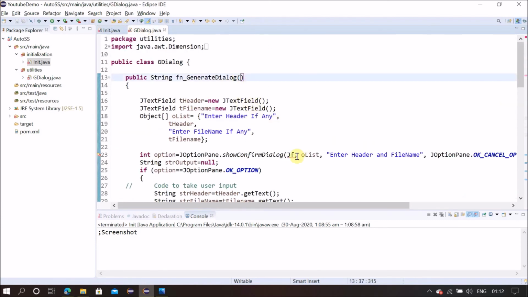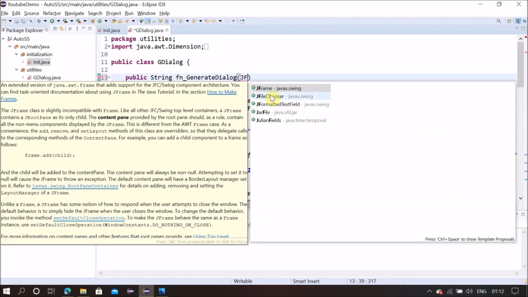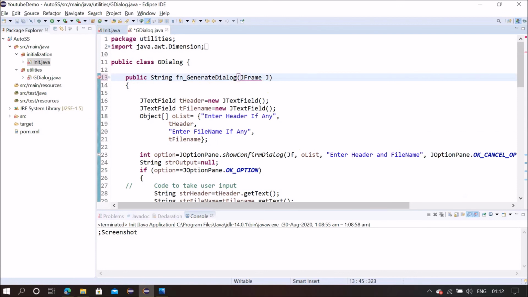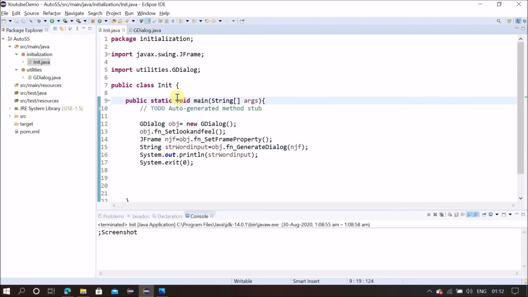The reason I'm passing it here is because I'm using this object here, the frame, right? I'm passing it here in the show confirm dialog box. That is the reason I'm taking this parameter here, JFrame. I'll take jf. Let us see if there is any error. No, absolutely fine. Okay, so what I've done is I have created another function just to set the frame property,